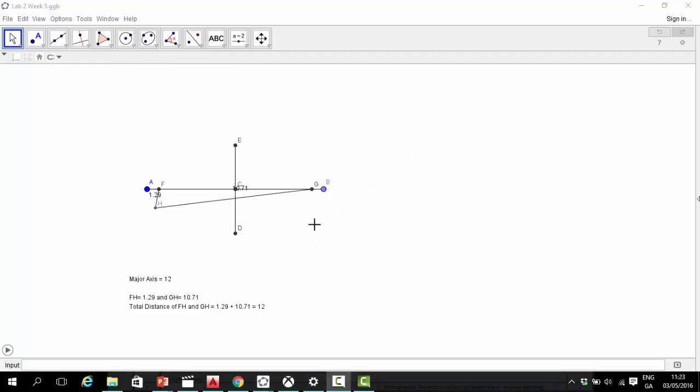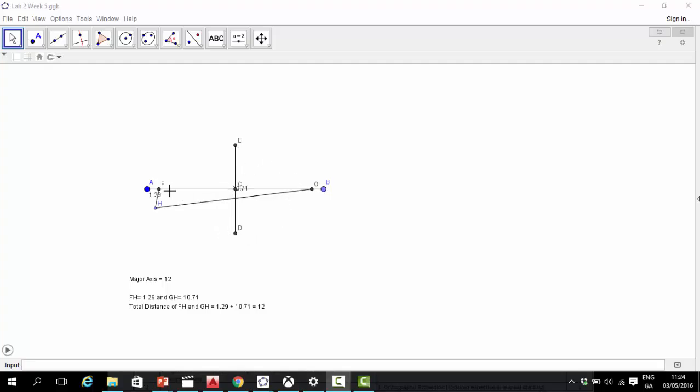I'm just going to talk about how this ellipse here can be a locus. So the point H here is the locus point, and this point H will create a path all around here, and it will trace out an ellipse. So the line segment AB represents the major axis, and that is equal to 12. The line ED represents the minor axis,